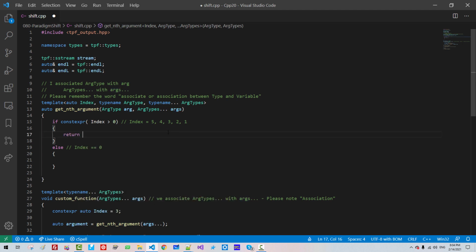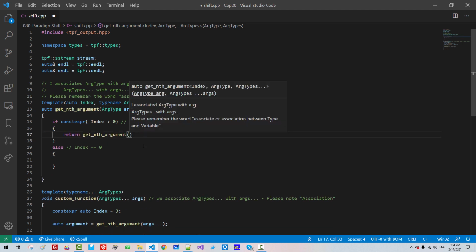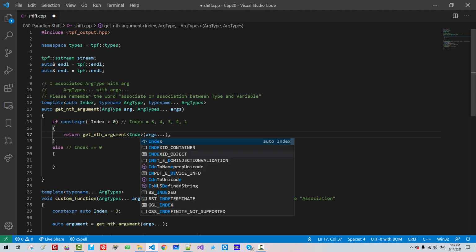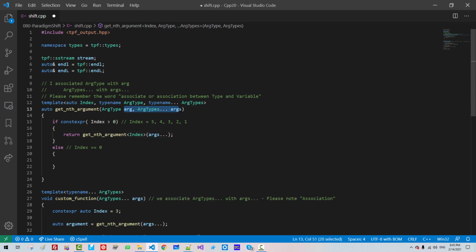Here, return: we are calling this function recursively. We pass ARGs. Please understand that we dropped ARG, the first parameter variable. We omitted ARG and only passed ARGs. Index is not associated, ARGs are associated, so we have to explicitly pass index. From this parameter variable list, we removed ARG in this recursive call. So we have to decrement by 1. In this part, when index is 0, we return